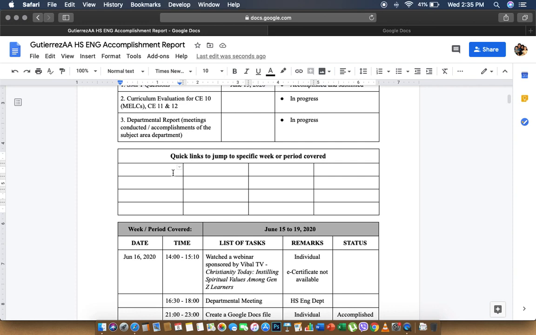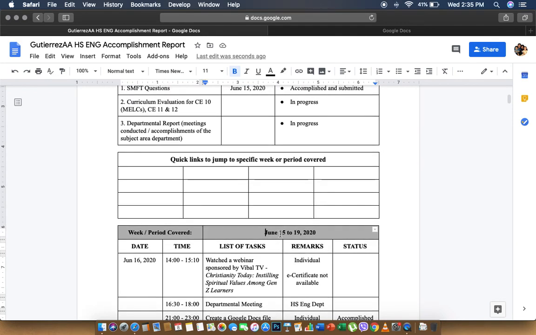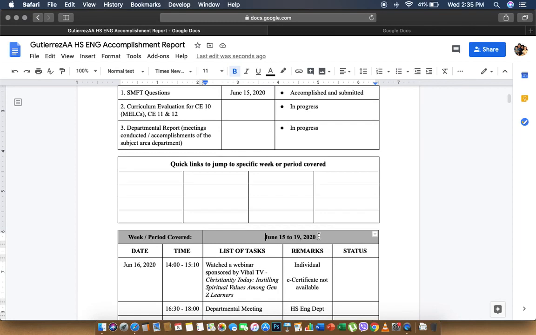Now, let's leave this for a while because dito po natin ilalagay lahat ng links natin for each table. So how are we going to link that to those tables? Again, it's through bookmarks. So let's go to the first week. In my case, the first week that I reported is June 15 to 19. Okay. So what we need to do is highlight that date